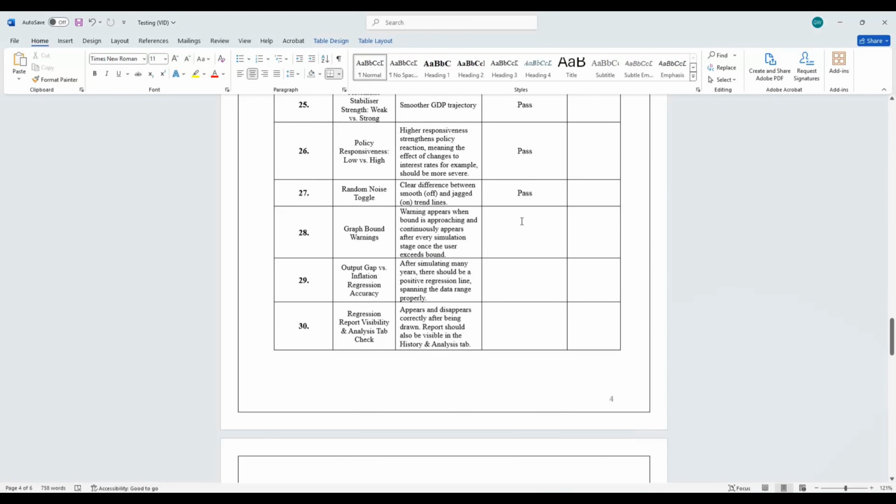It tests the boundaries of the graphs. So when the user simulates past a certain point within their chosen graph simulation, they should really reach unrealistic levels within the simulation, and then a message box should appear informing the user that they've reached these unrealistic limits. The message box will persist and continue to be represented to the user after every simulation run. This will only change unless the user re-enters the realistic bounds of the simulation, or if they reach the upper maximum bound. Once they reach the upper maximum bound, it's also indicated they're testing, so GDP, for example, will not increase further. It will clamp to the maximum bound